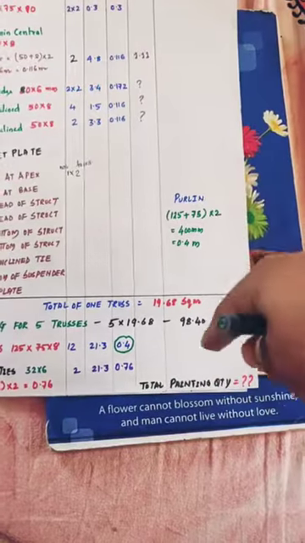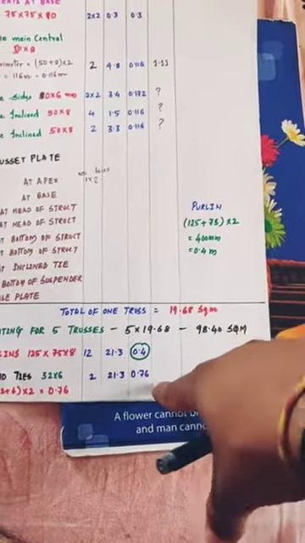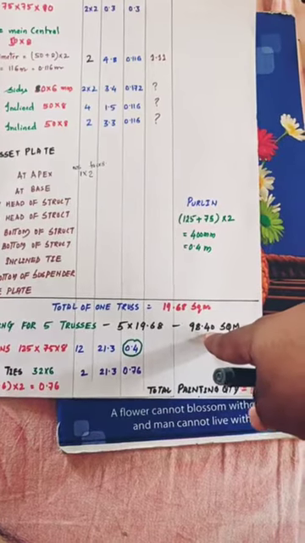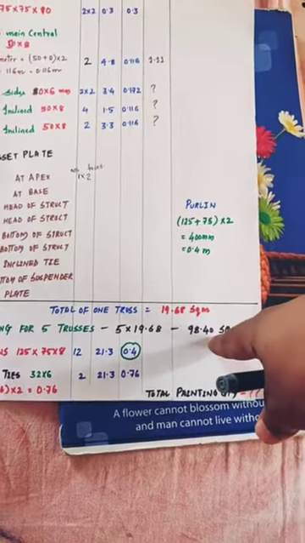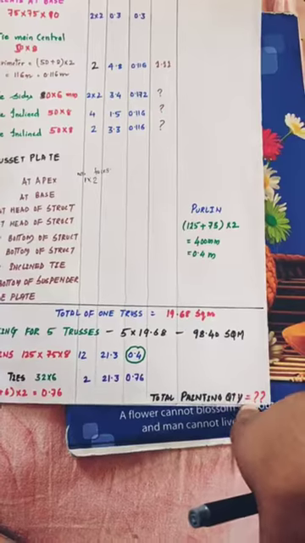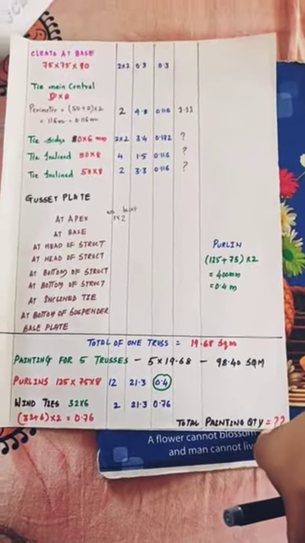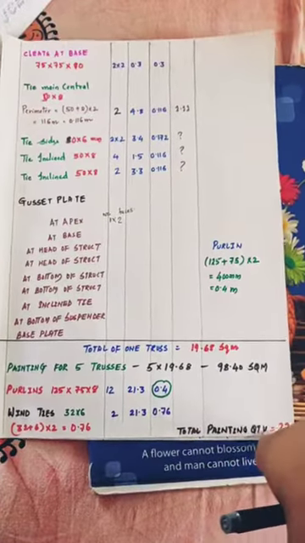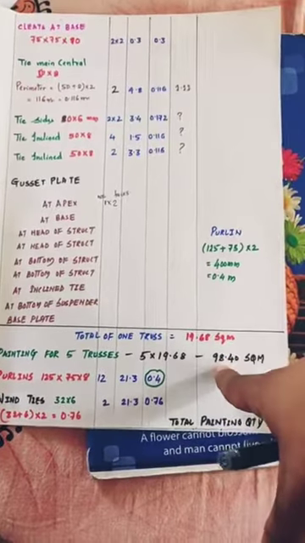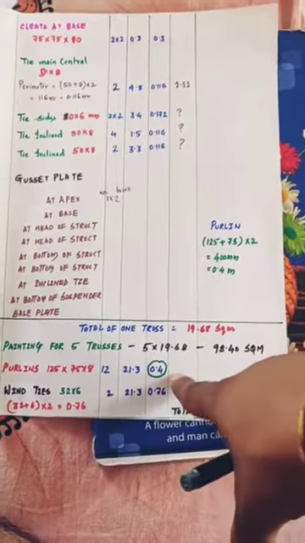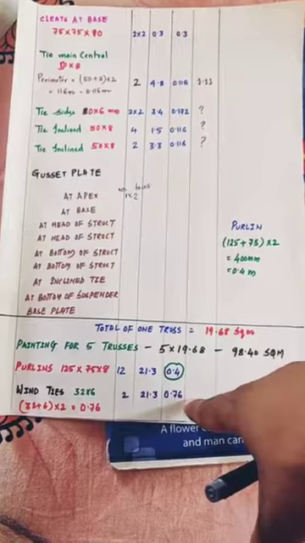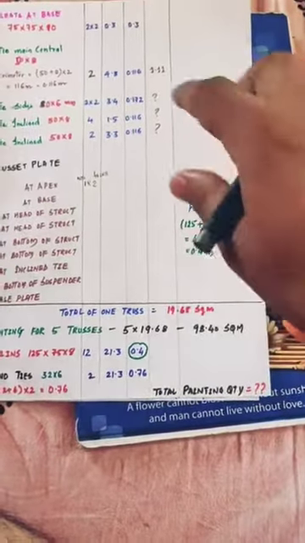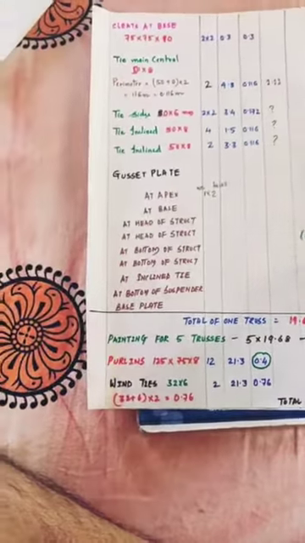Again, after you do all this, add these two painting quantities to this. Once you add the painting quantity to this, you will get the total painting quantity of the steel structure. So this total painting quantity is with respect to what? Painting quantity of 5 trusses plus painting quantity of purlin plus painting quantity of wind tie. All together, you will get the total painting, right?